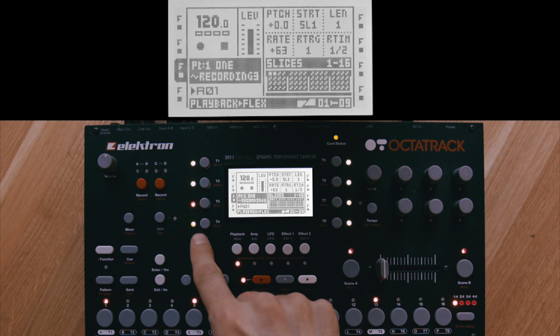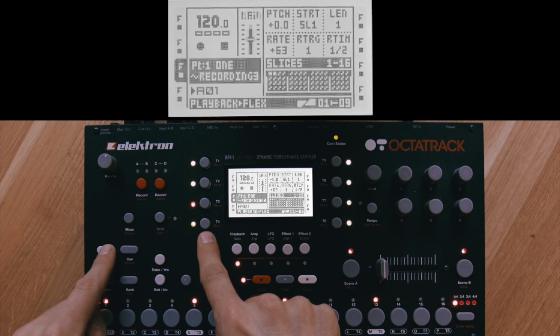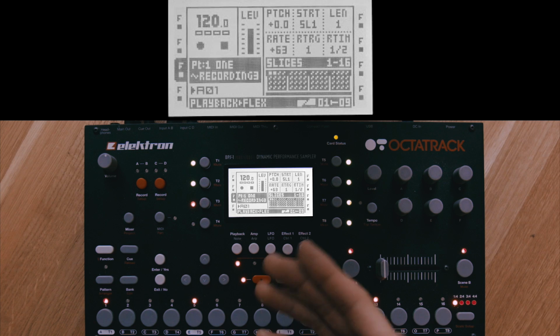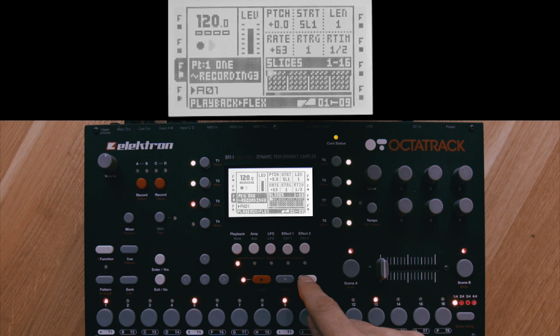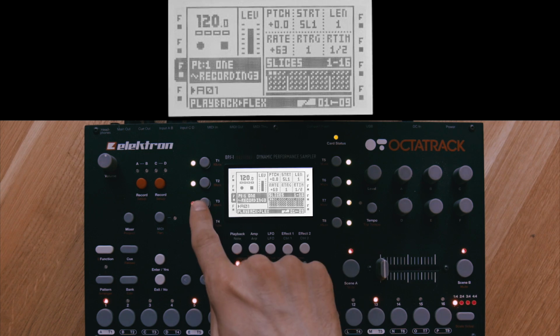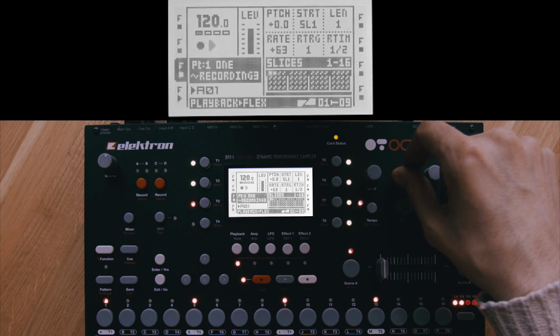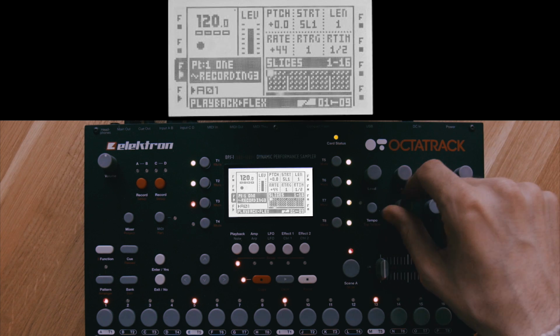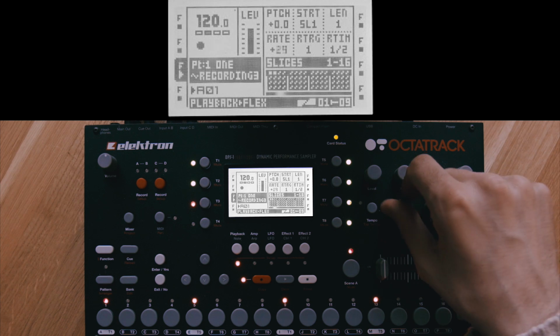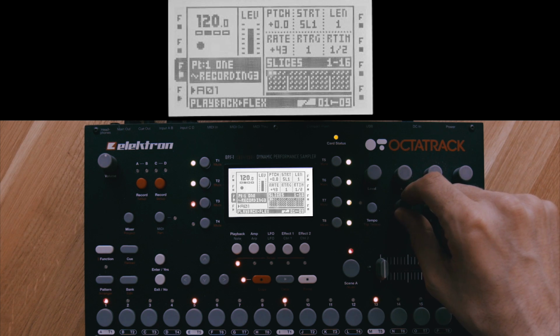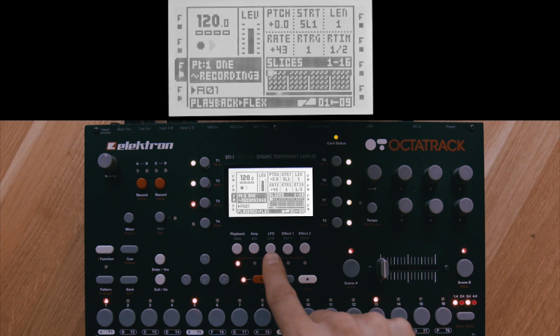Okay, I'm going to mute this channel now. Function and track 4. I'm going to focus on the kick drum. So first of all, it's a bit high in pitch. So I'm going to turn it down in pitch by just going on the playback menu and maybe just a little bit like that. And then I'm going to go into the